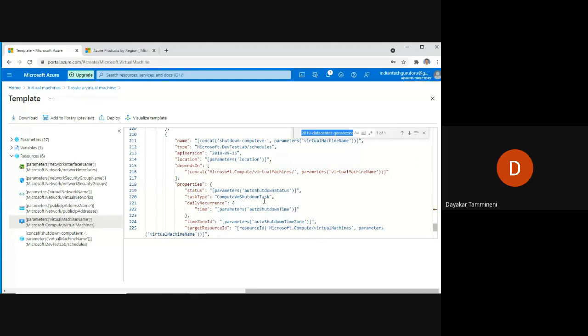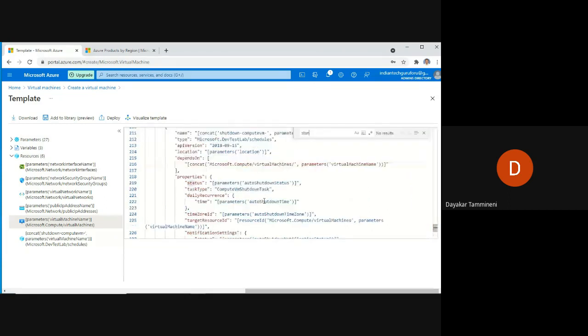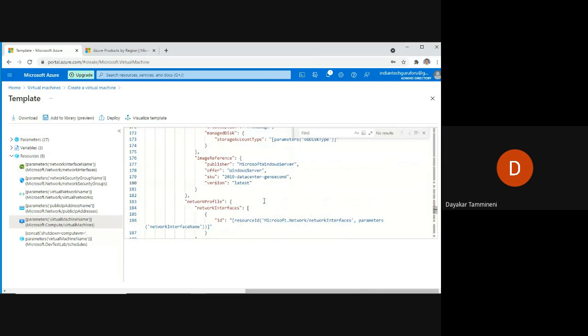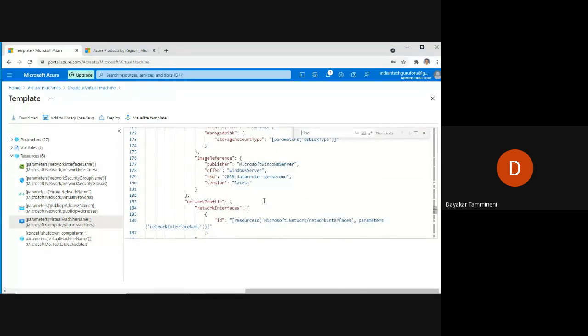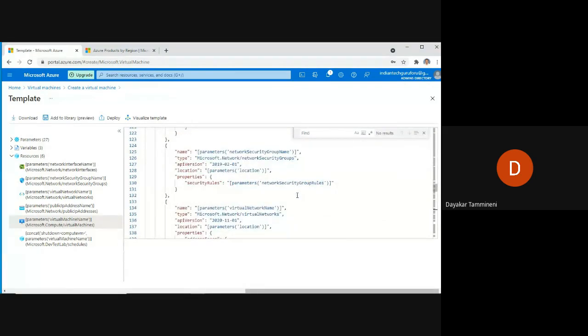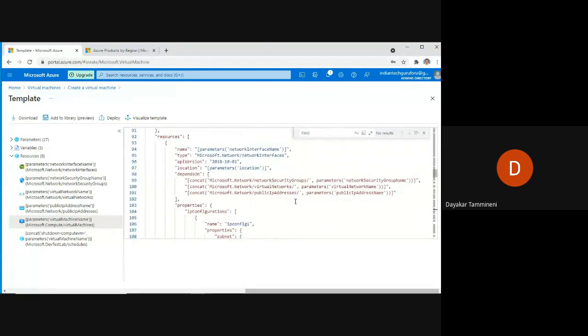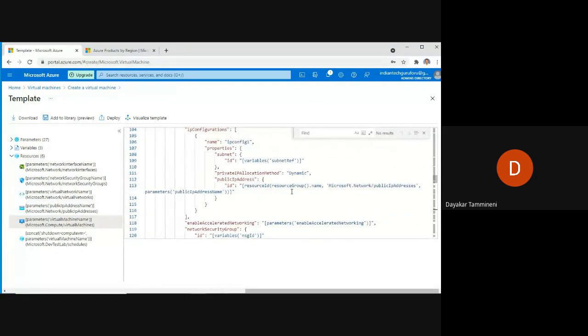First I will search for premium. No such results. Okay. So this particular file is called an ARM template.